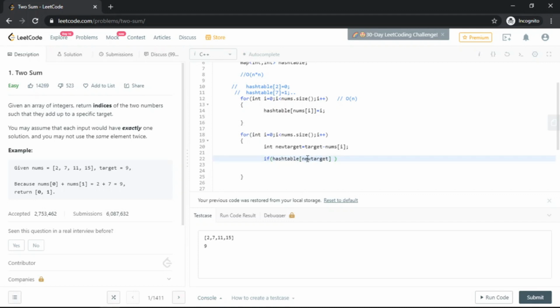And also we need to respect the condition that you may not use the same element twice. Suppose the target is 4 and this element is 2; the 0 index added to itself would add up to 4, so we don't need that. So whatever index is returned from the hash table should not be the same as index i. If this condition holds, we'll push back the indices.